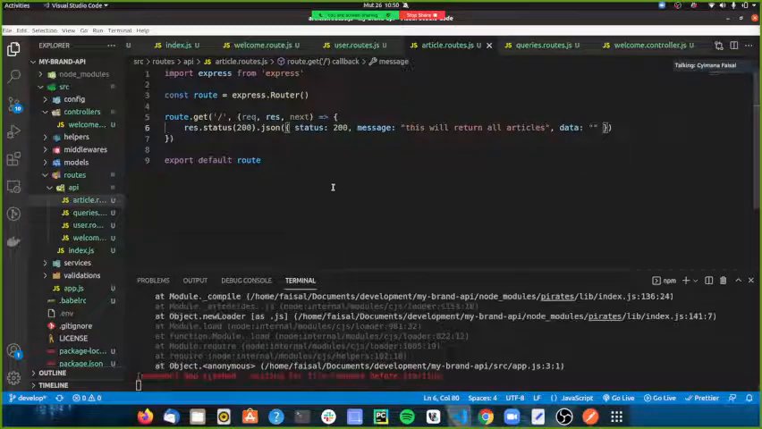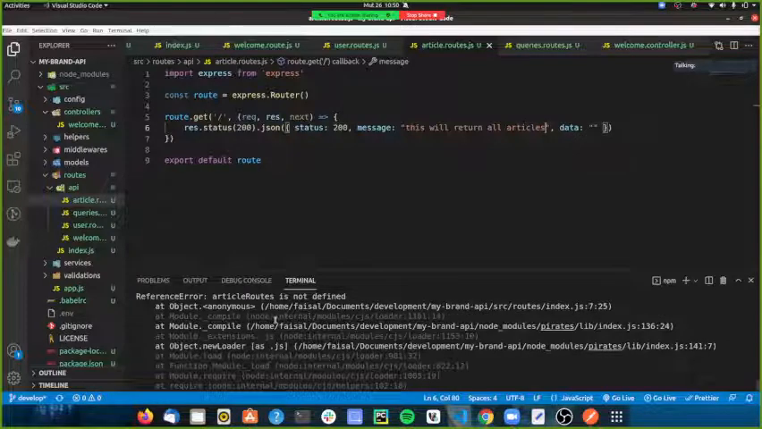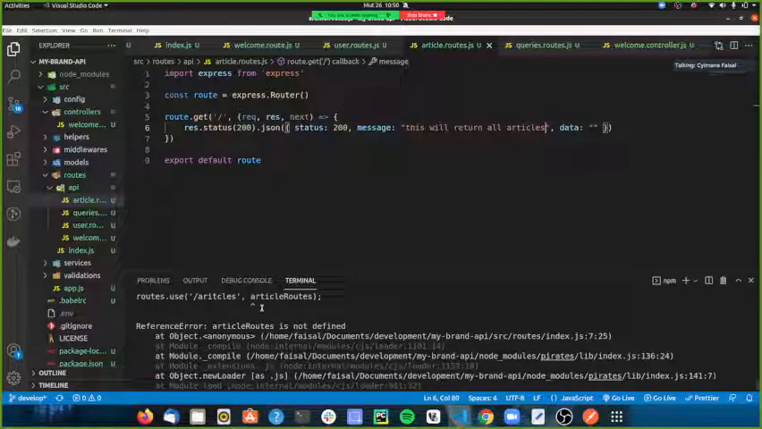Okay, and next up they are saying the error here is a reference error. Development, my brand, they say article route is not defined. Article route is not defined. Okay, I'm going to fix this. So with the article routes, yeah. So when we